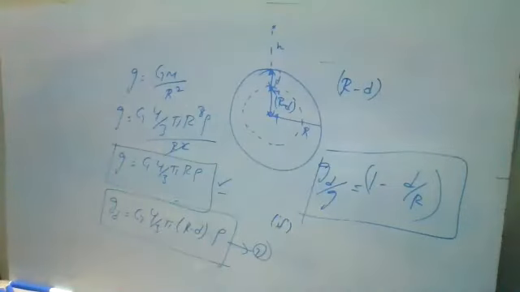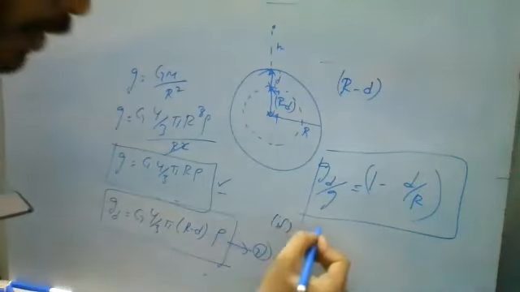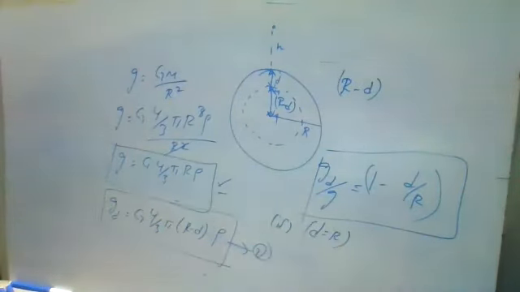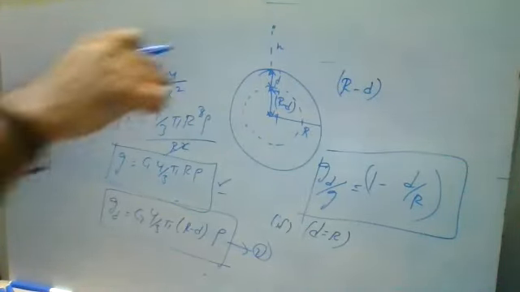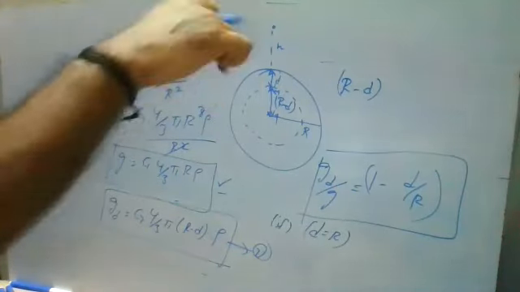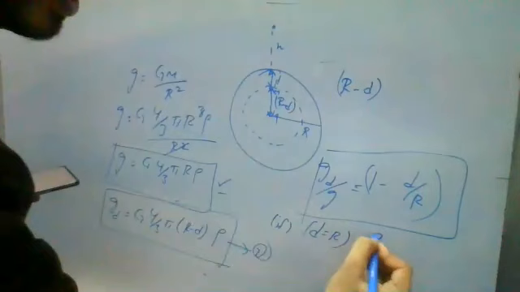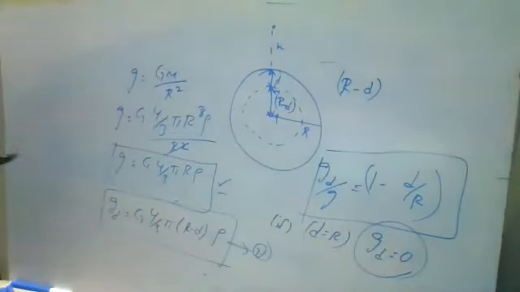Suppose the weight of the object is at the center. Then the distance r, the radius, and the depth are the same. When the distance and radius are the same, the acceleration due to gravity at the depth gd is equal to 0. When d is equal to r, gd is equal to 0. That means there is no weight of the object. No acceleration means no weight. So weight will be 0 at the center.